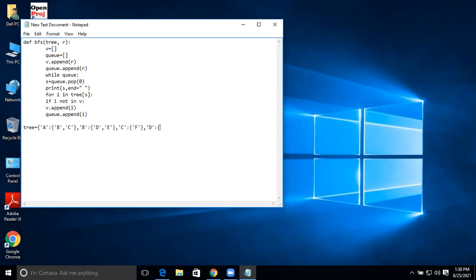So just see, it means D does not have any child. Similarly, we want that E will not have a child. So the key value will be empty here. Similarly, for the F,